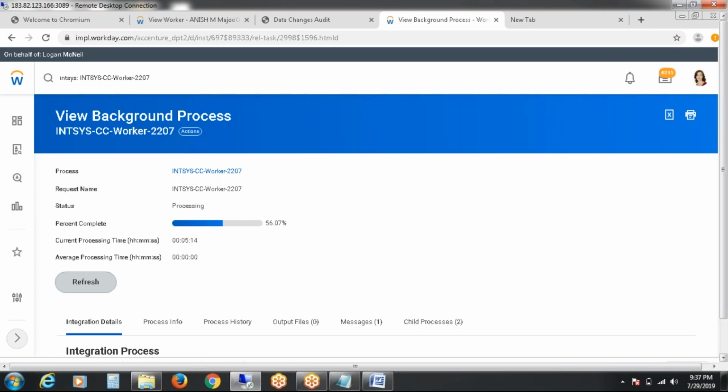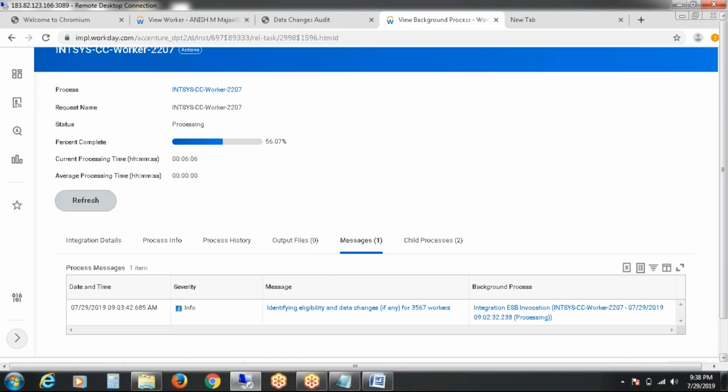So it's taking a long time to run the integration. So instead of wasting time tomorrow, I will just run this and take a screenshot and show you the remaining numbers tomorrow.